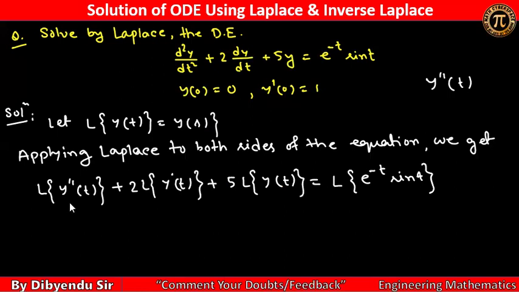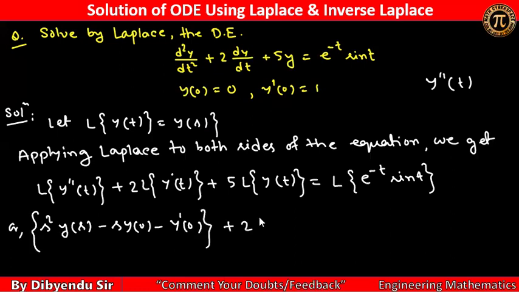Clear? Now, according to the formula, what is Laplace of y''(t)? Very simple: s squared Y(s) minus s into y(0) minus y'(0). Clear? Plus 2 into Laplace of y'(t). y'(t) means s into Y(s) minus y(0). Plus 5 into Laplace of y(t), and what is Laplace of y(t)? Y(s). So 5 Y(s). This equals